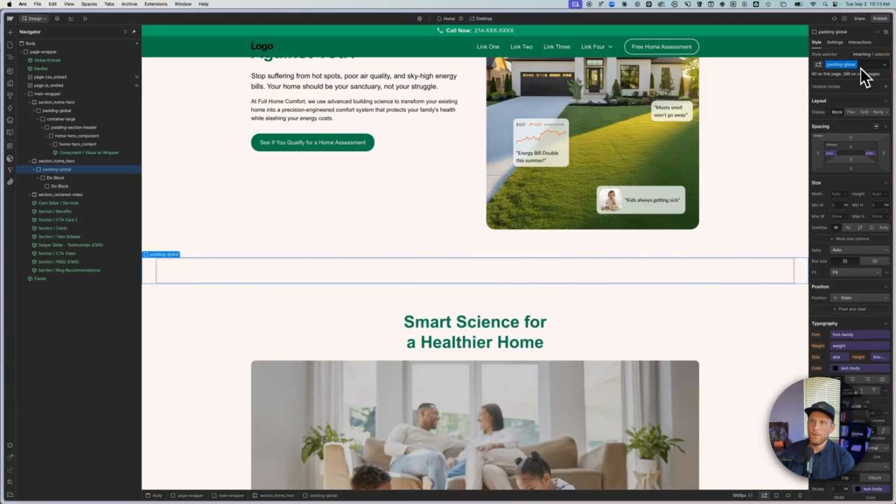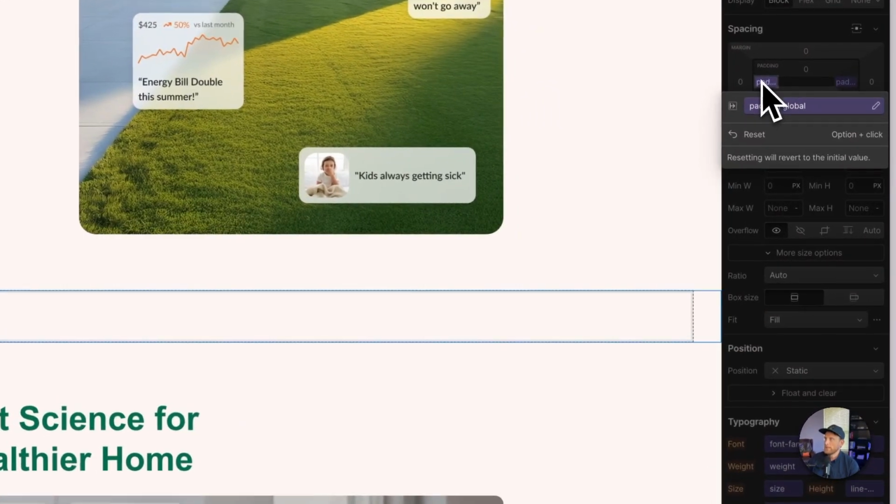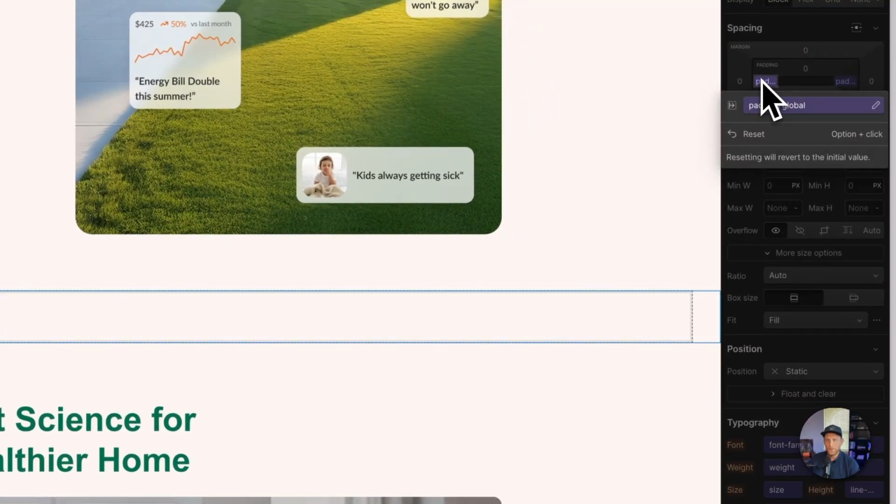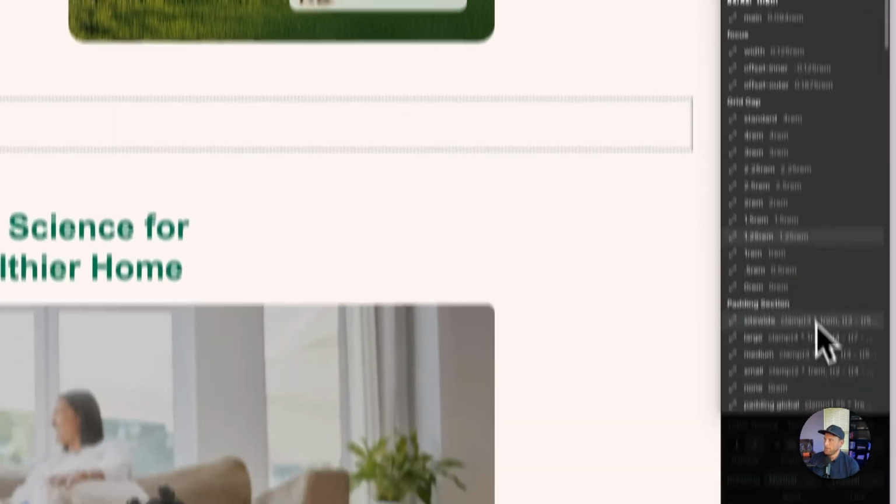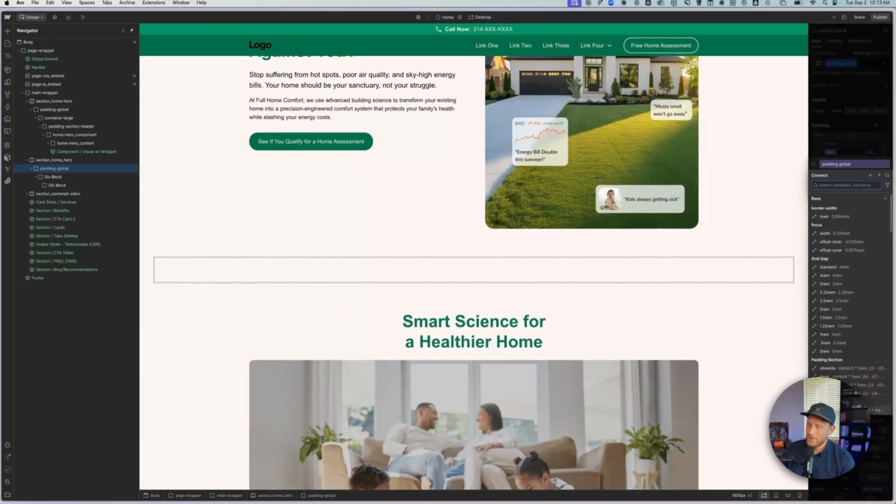And all this class does, as you can see here on the screen, there's a bit of space between where the div is and the screen. That's what this class does. It gives us some padding, on the left and the right side. And this padding is controlled through some variables that I have set up. So we can click that, and we can see that there's this variable,